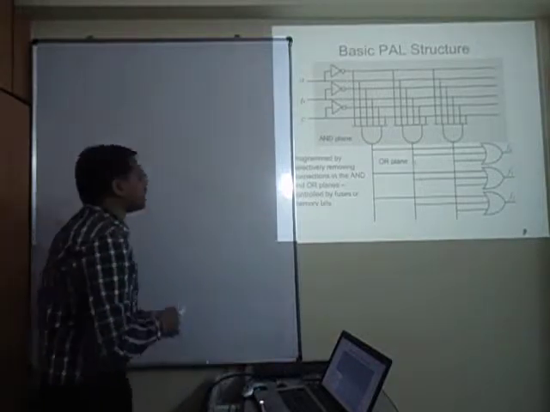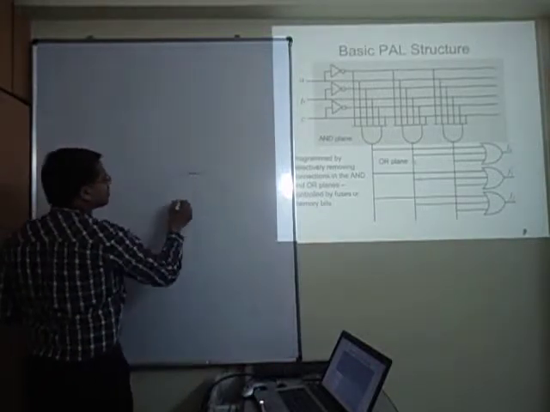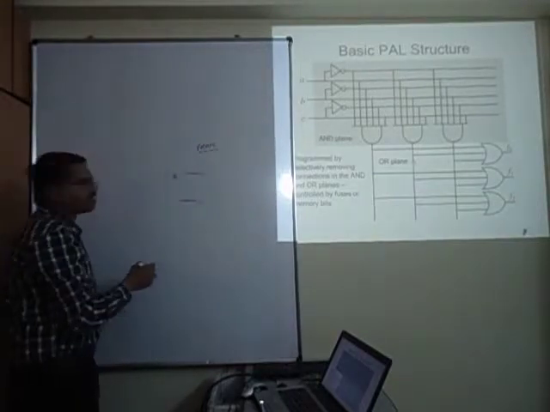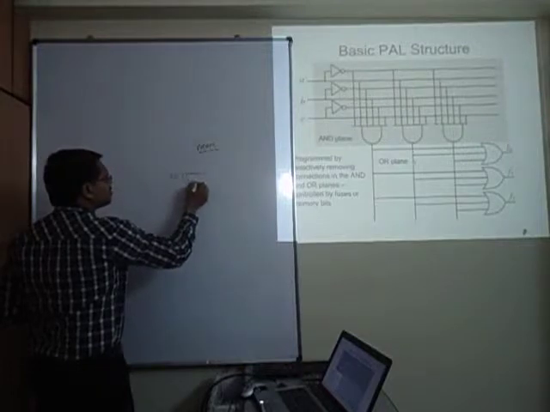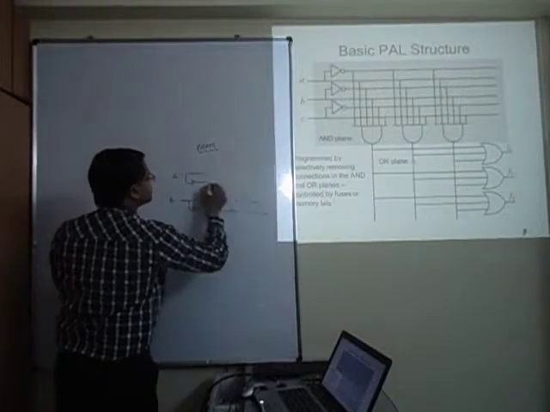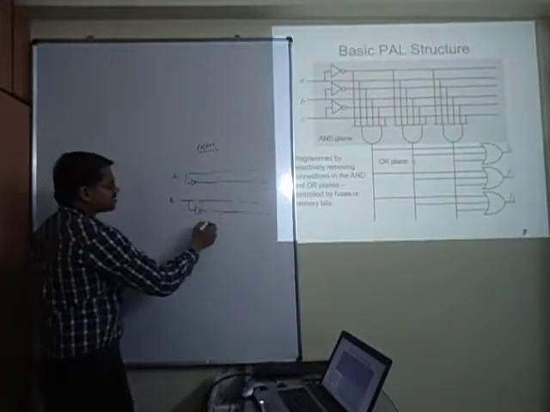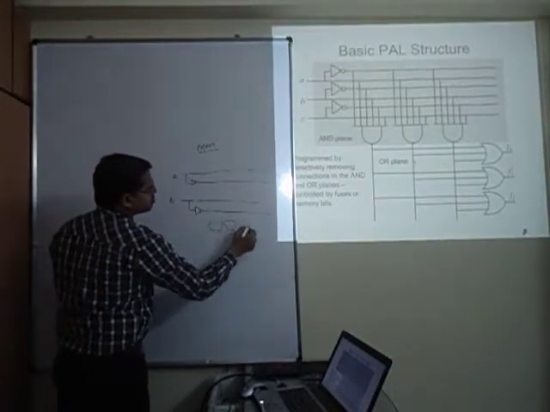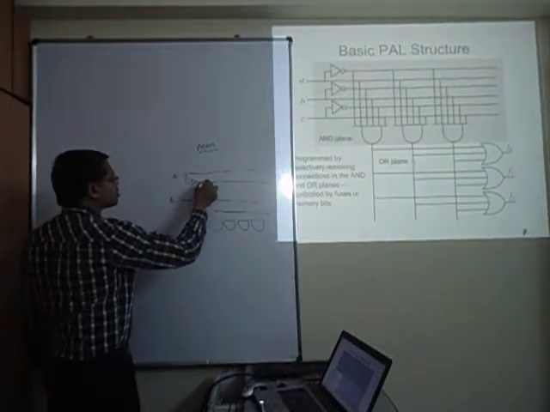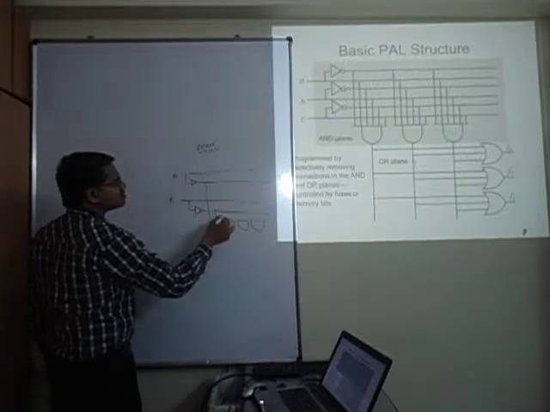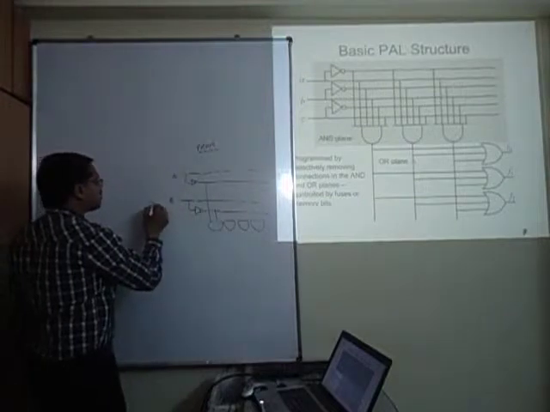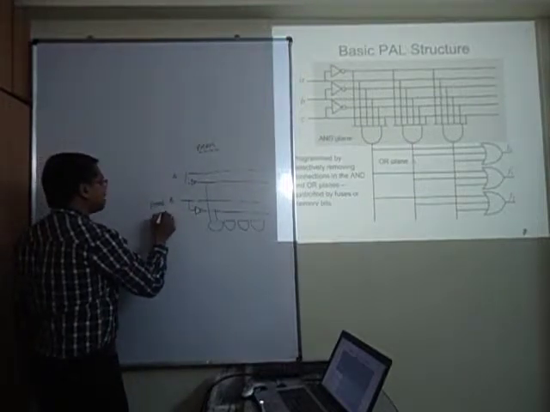Maybe I can quickly draw and show you. I will go for a simple two variable case. I am now discussing PROM, programmable read-only memory. So I have A, A bar, then I have B and B bar. What I said, fixed AND plane. In case of fixed AND plane, 1, 2, 3, 4, because I know it will be only 4 min terms. So first one is going to be A bar B bar. Next ones, these are permanent connections, not programmable connections. So that's what in PROM we talk about a fixed AND plane.